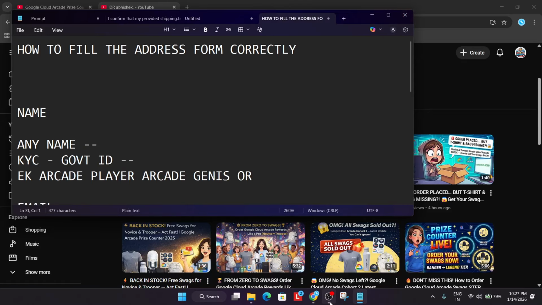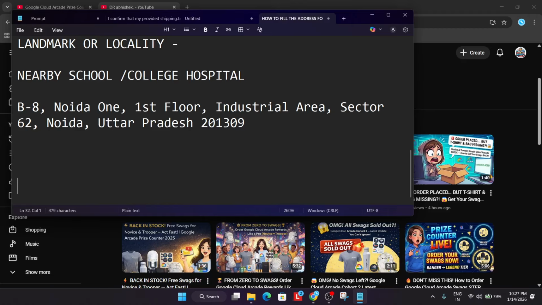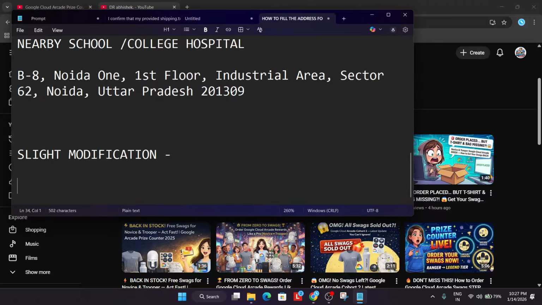One more important thing I think I missed: if your brother and sister are participating in the arcade program, then in that case there should be a slight modification in the address. Slight modification in the address means while adding the address, the name, mobile number and email will surely be different, but in that case just try to